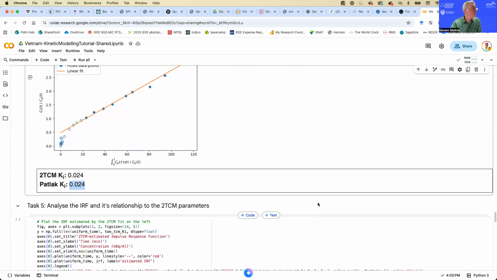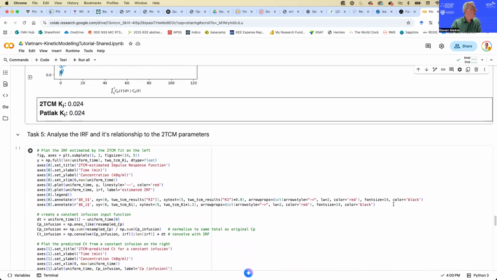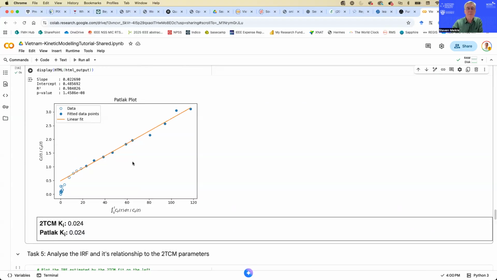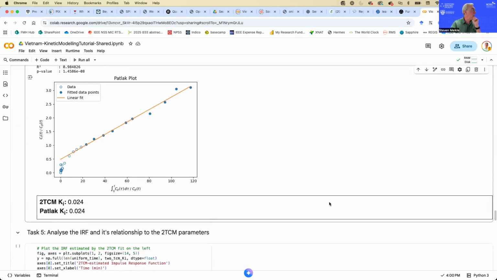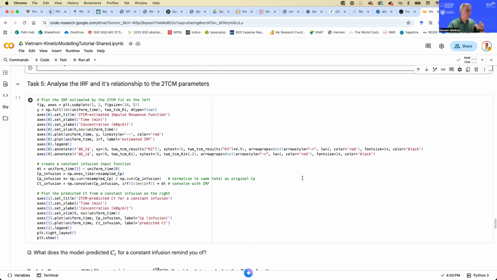You would have, I'm sure, seen a lot of Patlak parametric images of Ki and read a lot of papers where they refer to Ki, and that's how you calculate it. So I hope that makes that clear. We're going to do something very similar with the next data set, the receptor binding tracer that we're going to analyze. We're going to do another type of linear transformation to analyze that data. So we'll see how that works in a minute. Just one more thing that I wanted to do